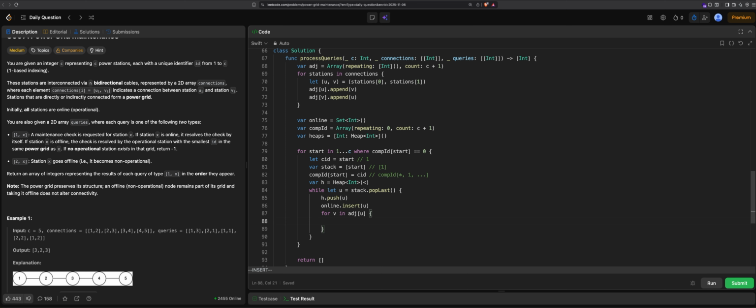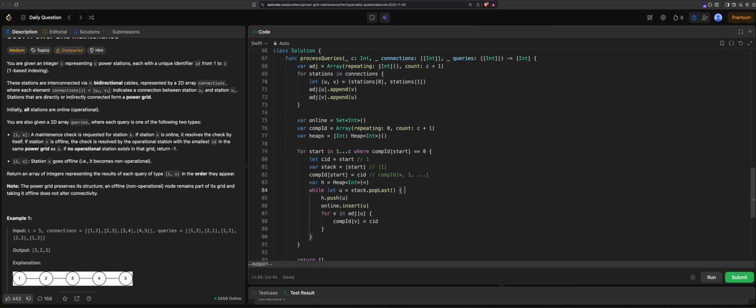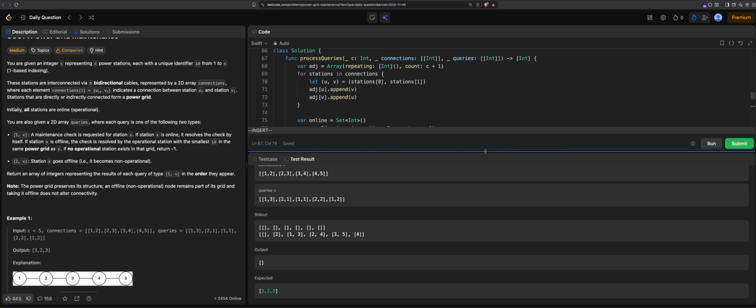And then we can do like component ID of V is to the created component ID in here, which is the start in here. The reason to use the V is we're going through all the dictionary in here. If I would say we have this kind of data set in our adjacency list, not here, here. So in that adjacency list, we will be